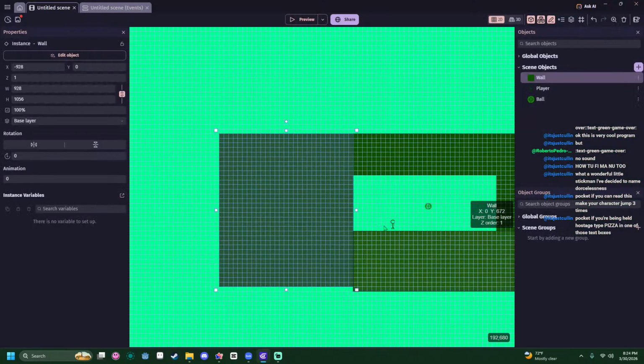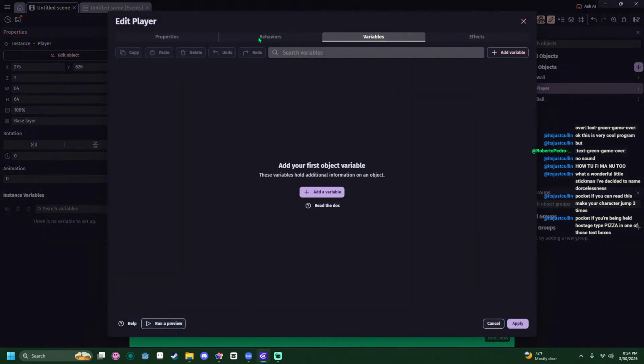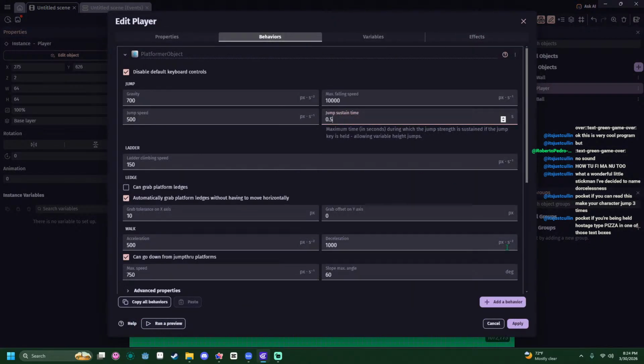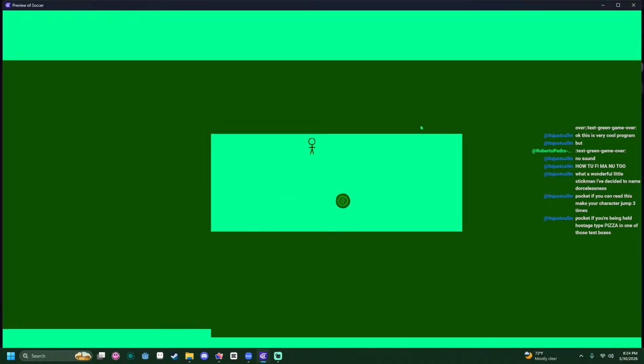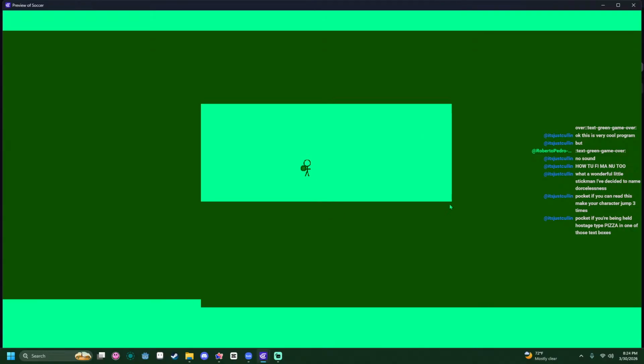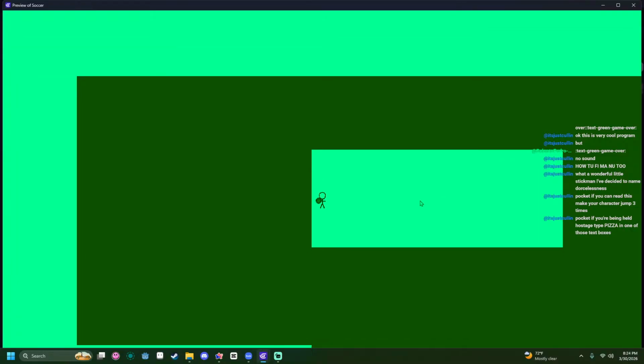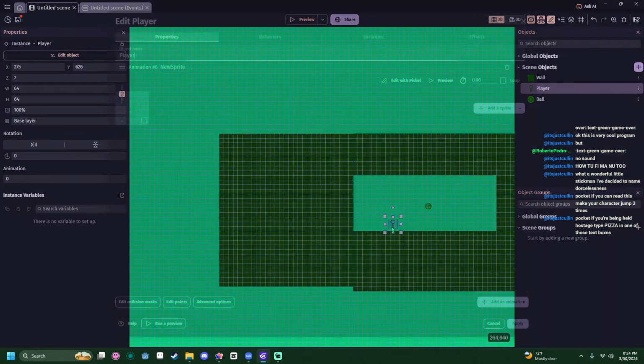Okay, we need a higher jump. How do we make a smaller possible jump?